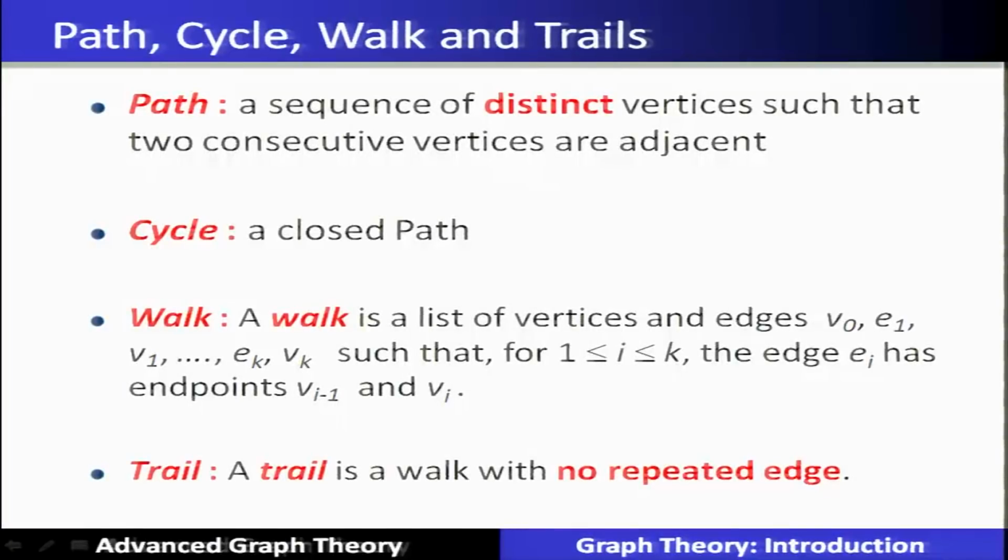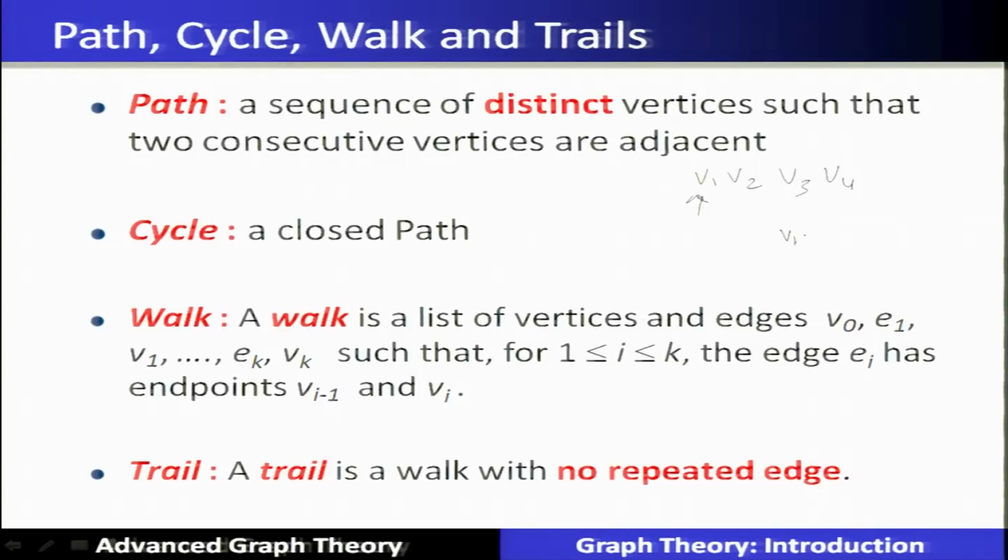Now, let us quickly take up some definitions. Those definitions we are going to quickly see: path, cycle, walk, trail. Path: a sequence of distinct vertices such that two consecutive vertices are adjacent. For example, V1, V2, V3 and V4. There are 4 vertices in the sequence. All these vertices are distinct in the sense they are not repeated again, and any 2 consecutive vertices are